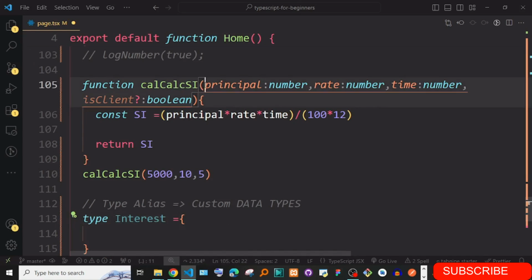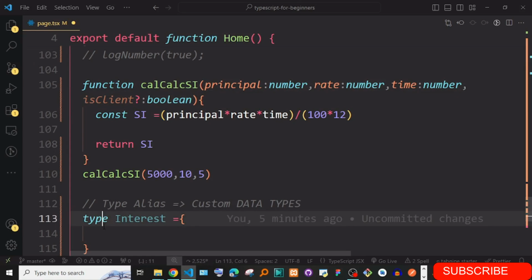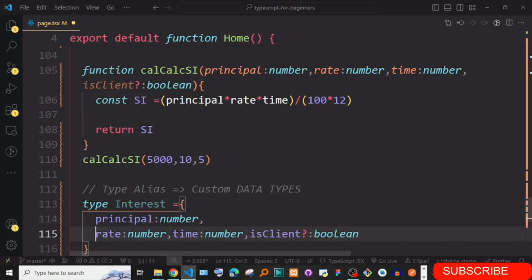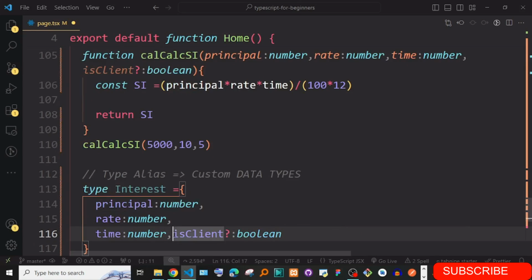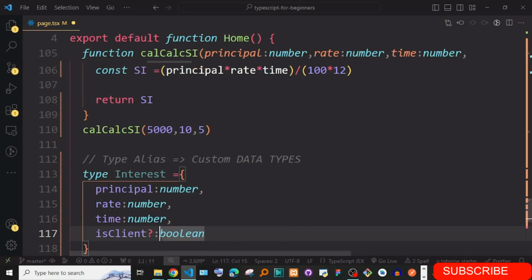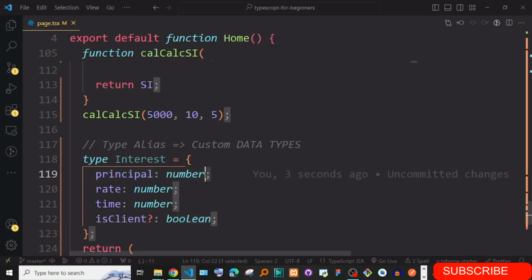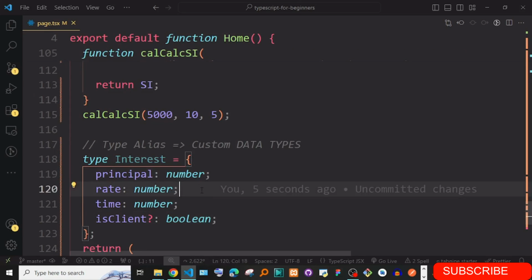Let's say it is going to hold all these things here. So you're just going to copy this here. It's going to have principal, rate, time, and isClient. So you go ahead and define them like this, and you notice you are separating them not using commas but using these.